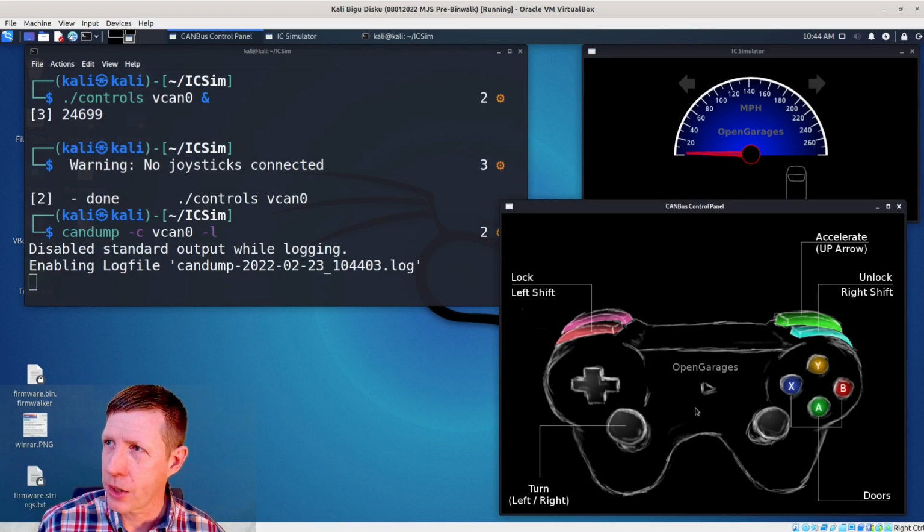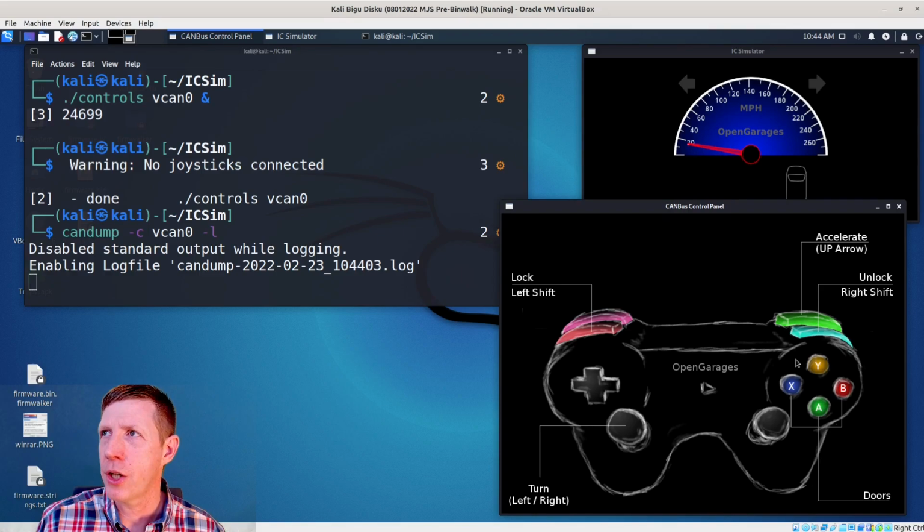Now what I want to do is exercise all the functionality. So I click on the controller. I'm going to do speed first. I'm going to go up, up, up, up, up. I'm going to take it to the maximum speed here, and then let go and let it come down. Okay, and then I'm going to do left turn signal, then right turn signal,